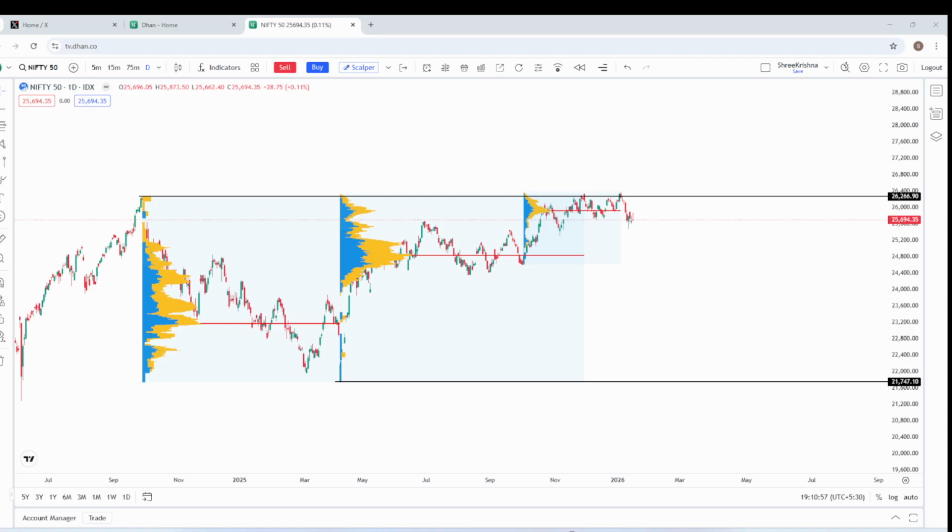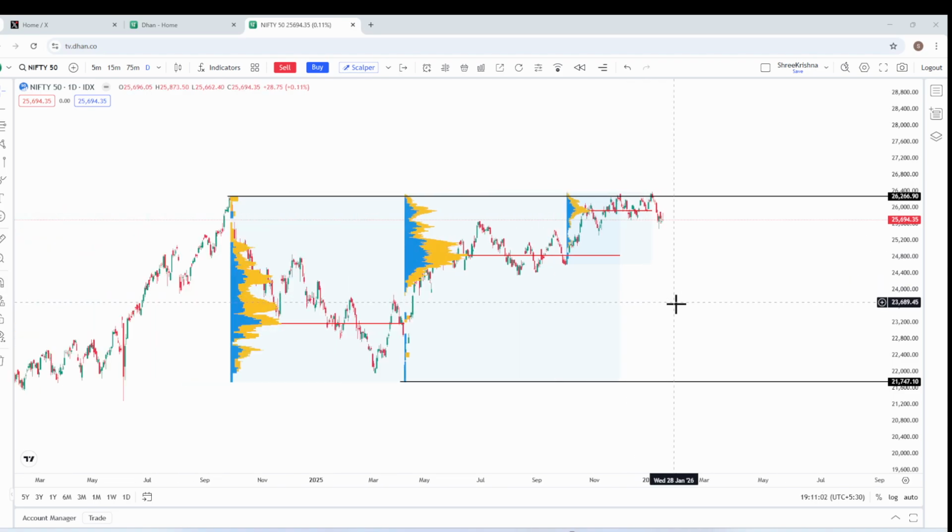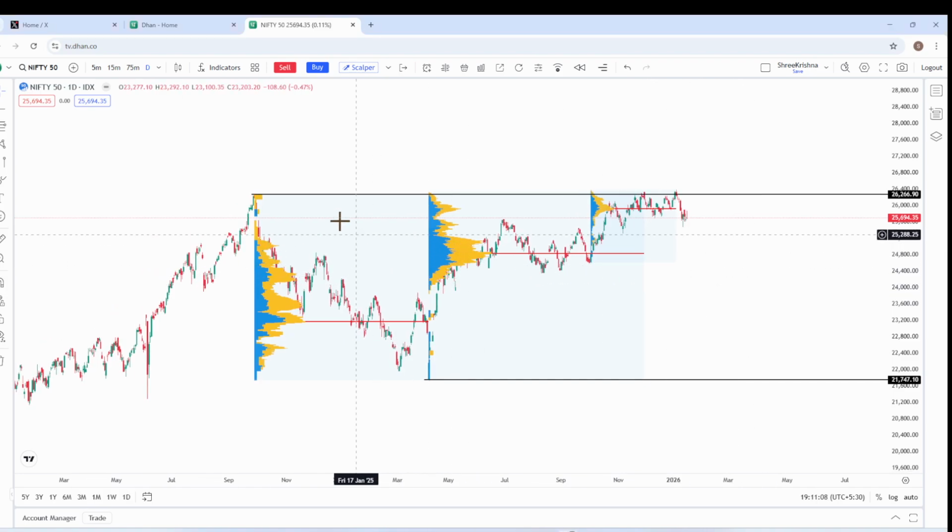Basically, it will help you whether you want to trade options, for determining whether you want to sell the option. Now what happens from this POC is, when price closed above this POC, the point of control, people started selling 23,200 puts. They also sold some iron condors and many other things.